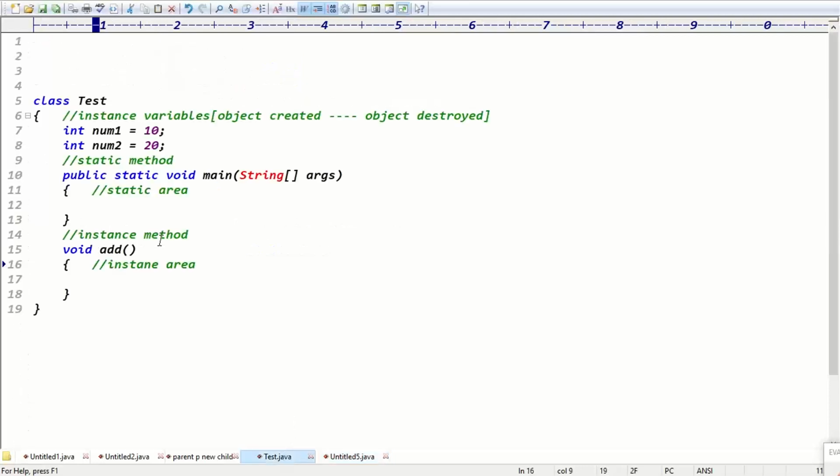Exactly. Then come to the application here. num1, num2: what type of variables are they? Instance variables. And this is which area where I want access? Static area. Is it the same type of area or a different type of area? Different area. How can we access that variable? Using the object name. Definitely the instance variable accessed from the static area is a different area, so we access using the object name, right?